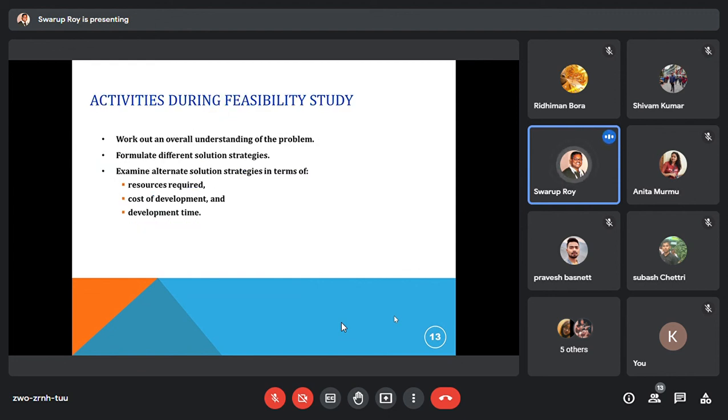As I mentioned, it's basically a phase of idea growing, of understanding what the client wants to develop overall. Then they come back and try to chalk out different alternative solutions: we can go ahead this way, we can give the solution this way. So they can think of different solution strategies. It can be many, say we're going to